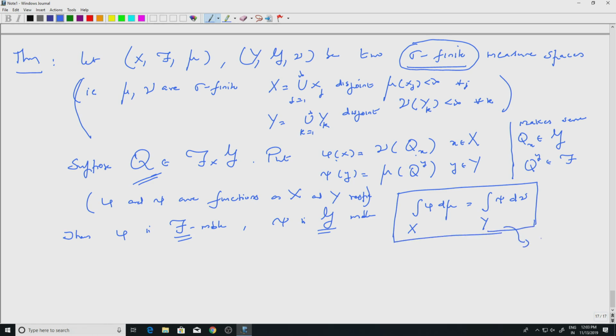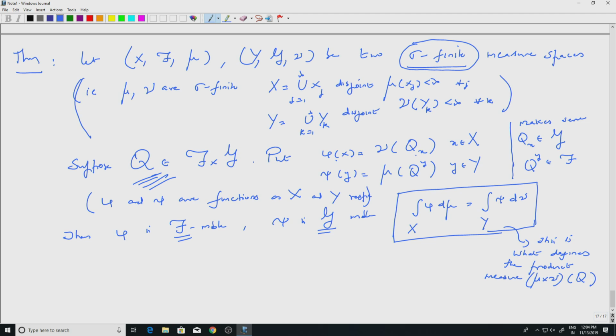This is what defines the product measure. So we define this to be the product of mu with nu. This is a new measure, and this would be the value at Q, because we started with this Q and we are saying some integrals are equal, which should be the product measure. You can check that if Q is a measurable rectangle, it would give you exactly what you want. So that is our first step anyway.